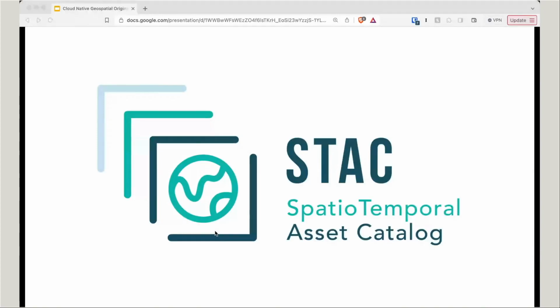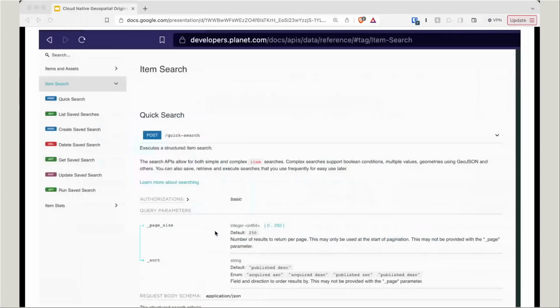I started my career implementing OGC specifications in GeoServer, but when Planet Data created its data API to make it easier to search imagery, I couldn't really make this good argument to use OGC's WFS or CSW. They didn't really fit the kind of billions of items we needed to handle, and they're built on XML in a very JSON world at the time.